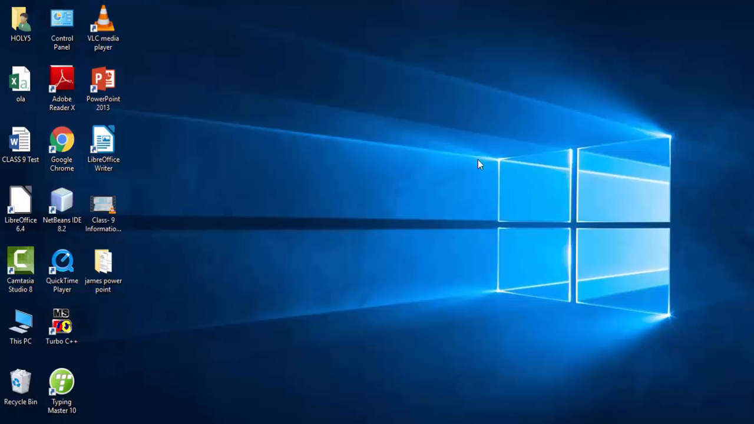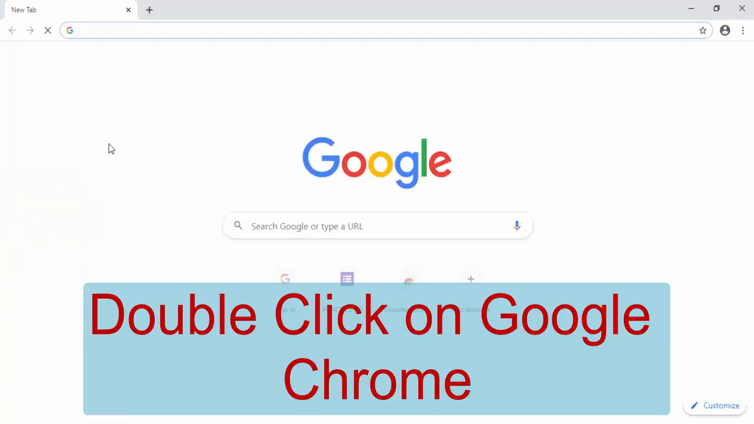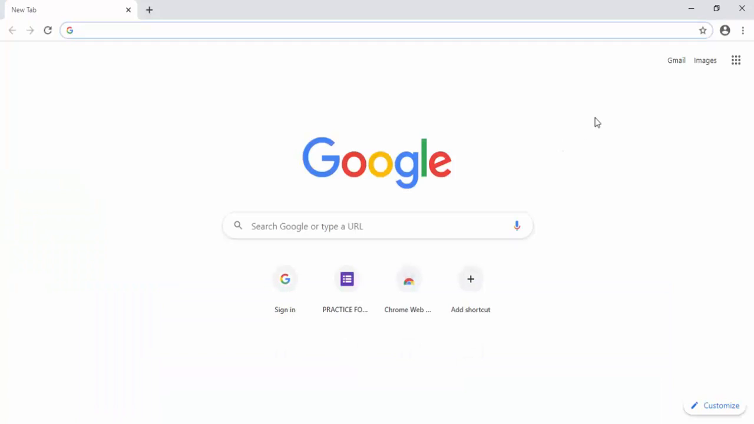Dear teachers, you already know how to create your Gmail or Google account. So today I will show you how to create a question paper with the help of Google Form. Now in order to create a question paper with the help of Google Form, you need to sign in to your Google account. So again, you just give a double click on Google Chrome, and after that you can